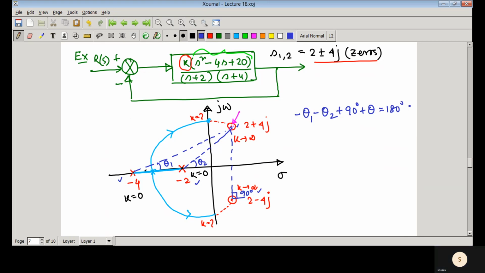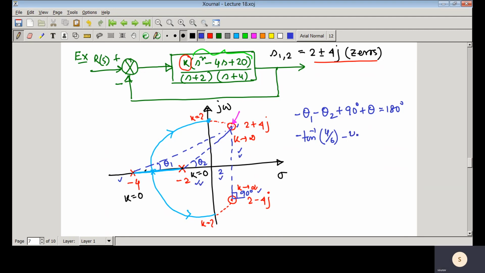So now we can see what is that theta 1. So this length is 2, this length is 2, and this is 6. So total this base is 6. So that is minus theta 1 equal to tan inverse. So this length is 4. So that is theta 1 equal to tan inverse of 4 by 6. And what is theta 2? Theta 2 here, this is 2, that is 4 and 4.